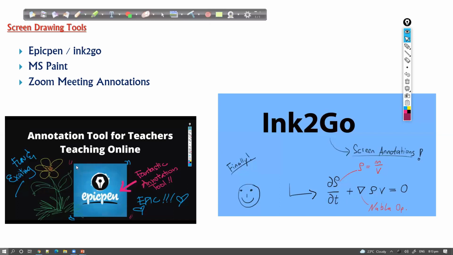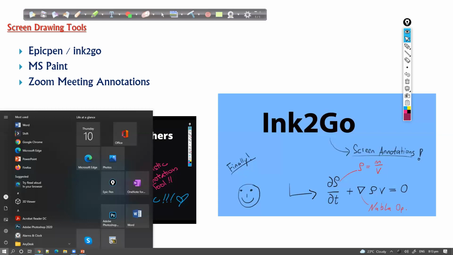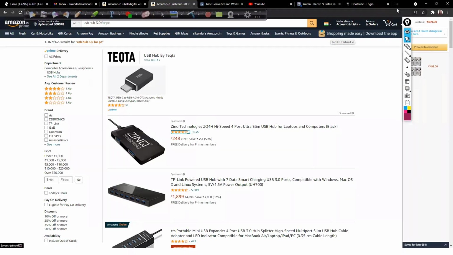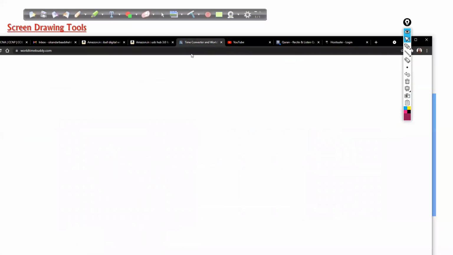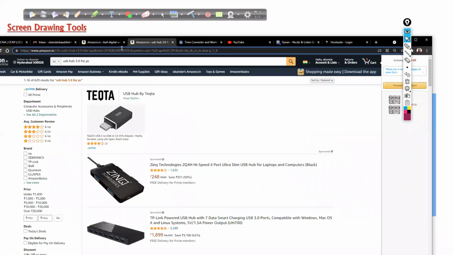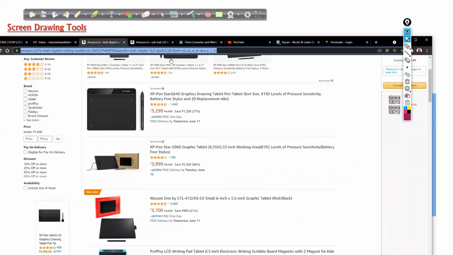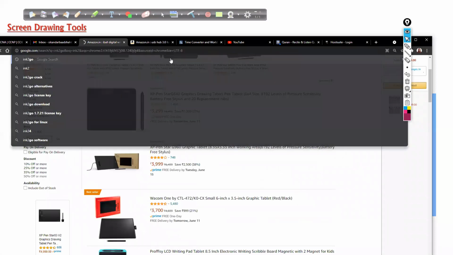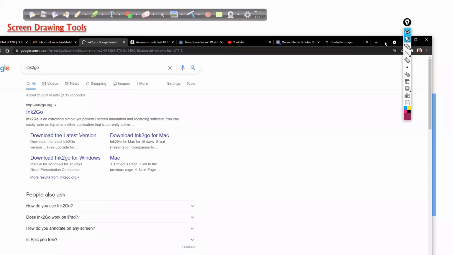Now, let me quickly show you these options on the website here. Ink2Go is something you just need to download and install.